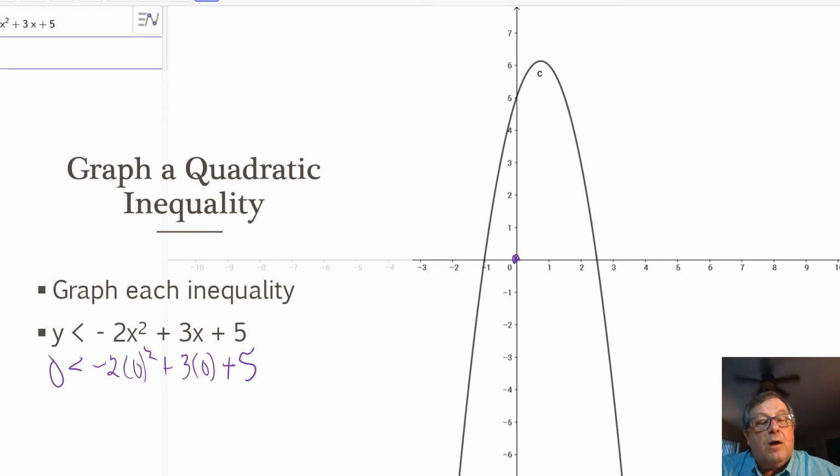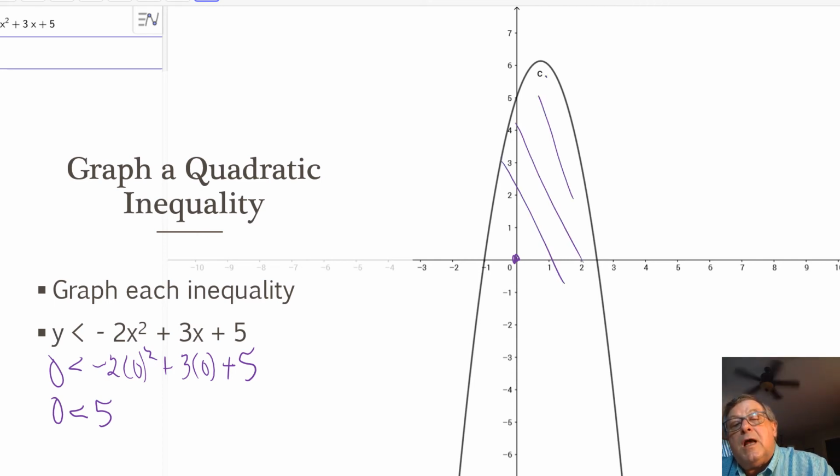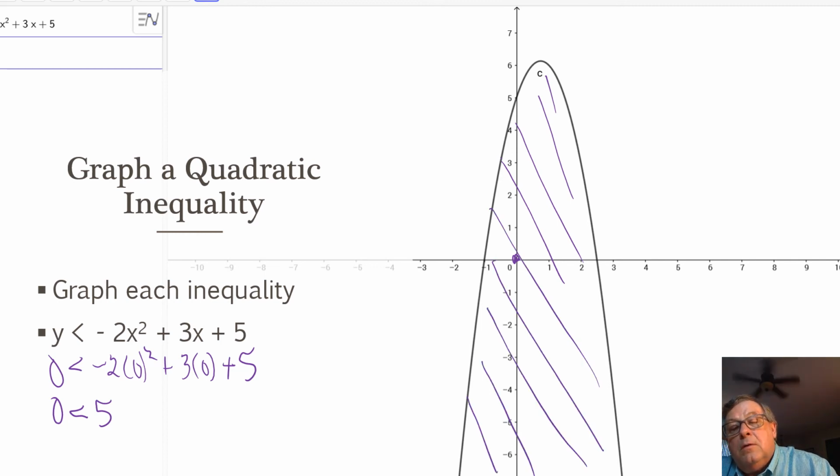So let's see, 0 is less than negative 2 times 0 squared, well, that's just 0, plus 3 times 0, well, that's 0, plus 5. Now I've got 0 is less than 5, which is a true statement, but this time my test point lies inside my parabola, and so I'm going to shade that region that indicates my